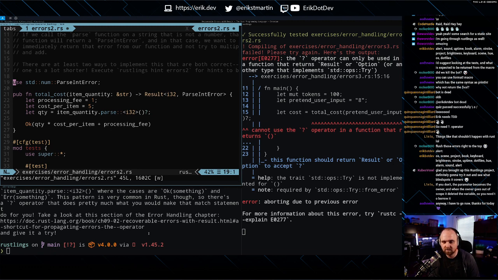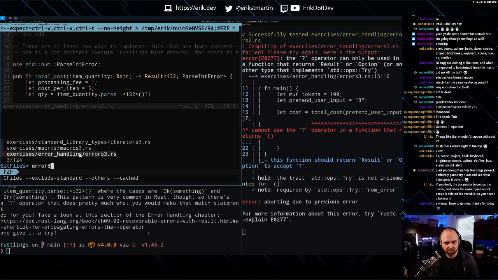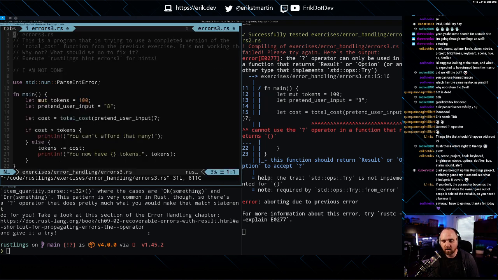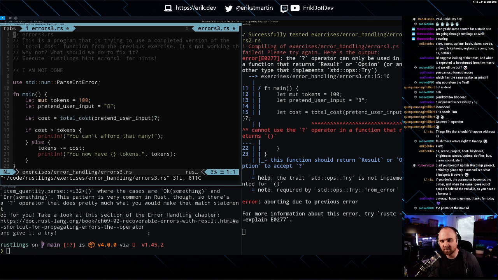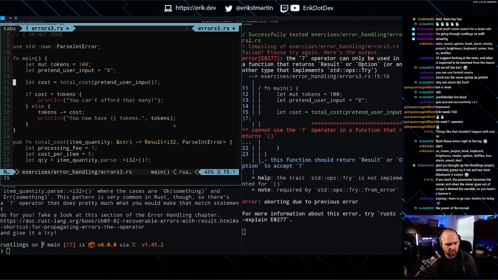All right. The question mark operator can only be used in a function that returns a Result, right? Or Option, or another type that implements std::ops::Try. Okay. So on line 15, what do we got going on here? Cannot use the question mark operator in a function that returns nothing. What's total cost?